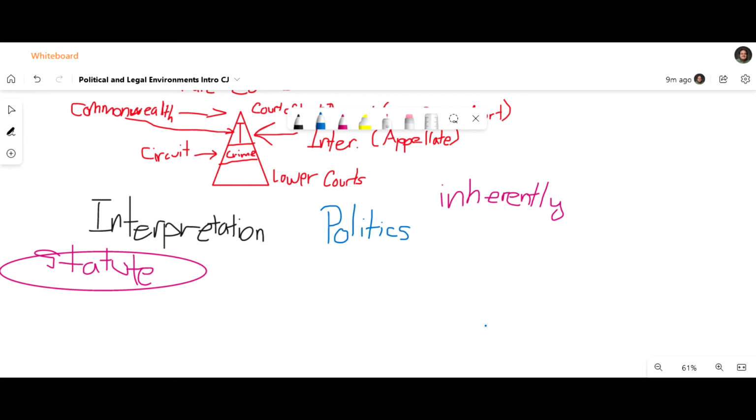So the question becomes, as I said, is the criminal justice system inherently political? And I would argue at this point in time, based off of what I just said and everything I covered and everything the textbook covered, I would say yes. Politics is inherently tied to the criminal justice system. It shouldn't be, but it is, because a lot of the positions of power that make these decisions are made in